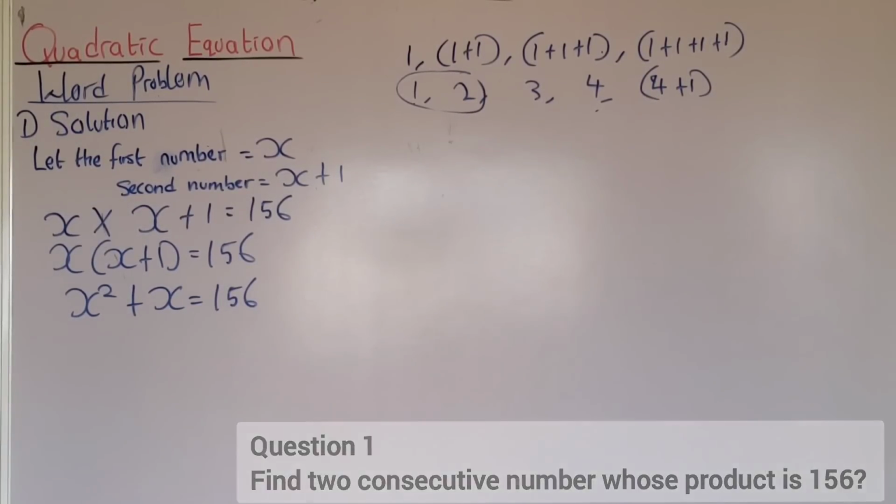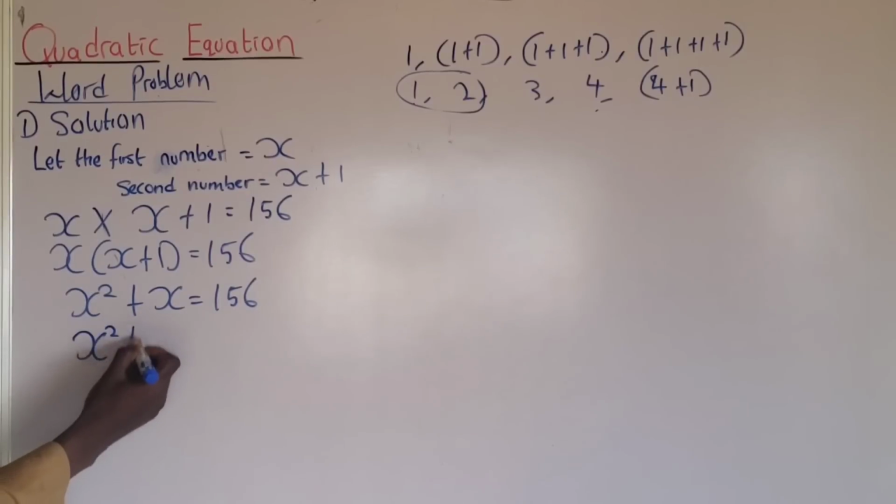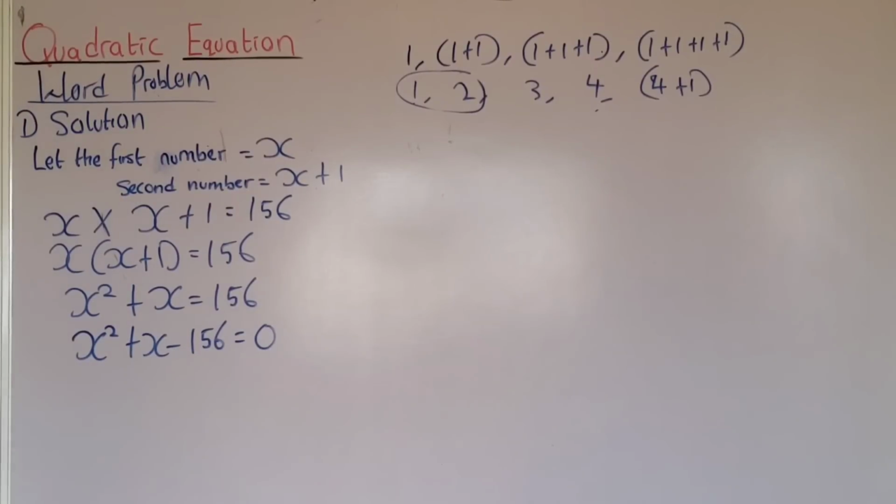Here, we can solve this. You can see it's a quadratic equation, so let us rearrange it. Here I'm going to have x squared plus x minus 156 equals 0. Now we can solve this equation using the general formula or the factorization method, and we can as well use the completing the square method, depending on any method that you want to use, but in this case I'm going to be using